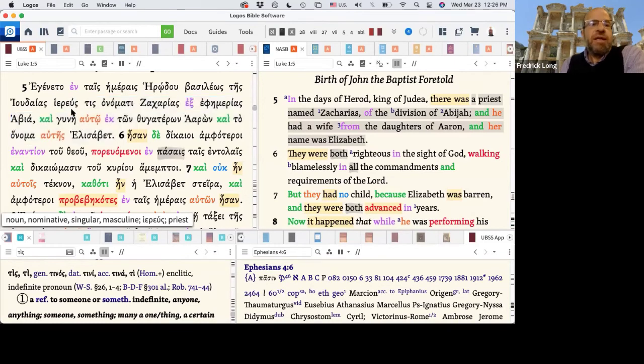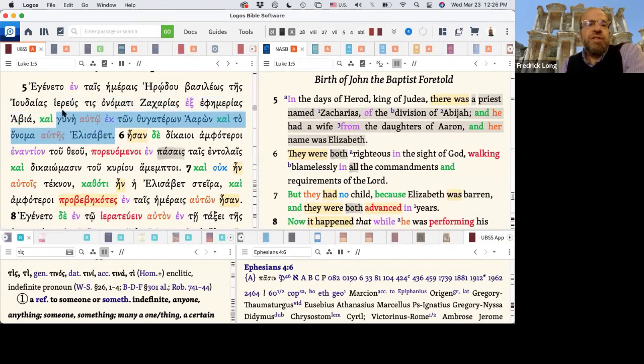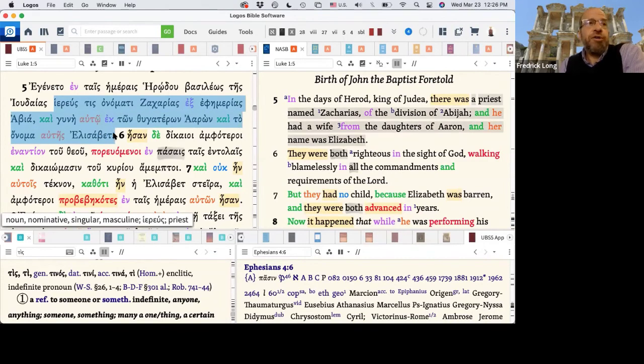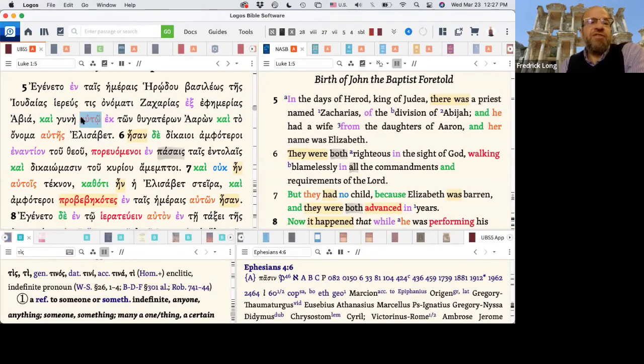There was a certain priest. Now, in terms of information structure, it's interesting, and if you read through Levinsohn's discourse grammar, in terms of the use of the article, you introduce characters by lack of articles. And then after they're introduced, you use articles. So notice that the priest is indefinite, so there's no article. There was a certain priest, Zacharias, and then the wife to him, which would be a dative of possession. His wife was from the tribe of Aaron, the daughters of Aaron.